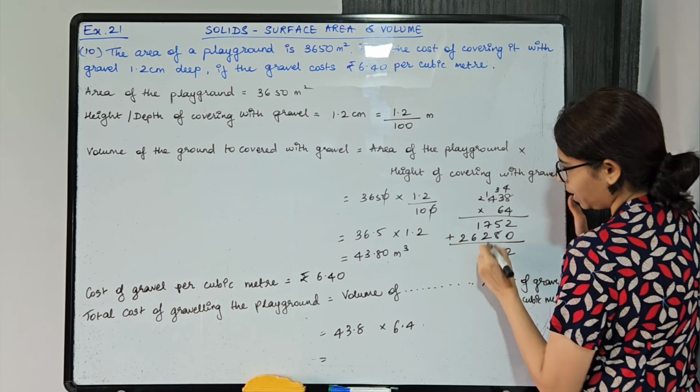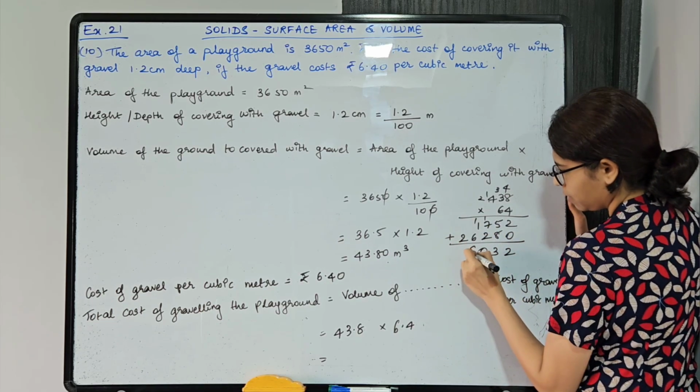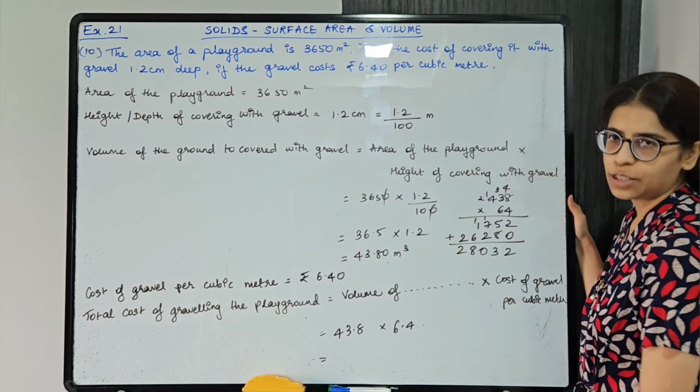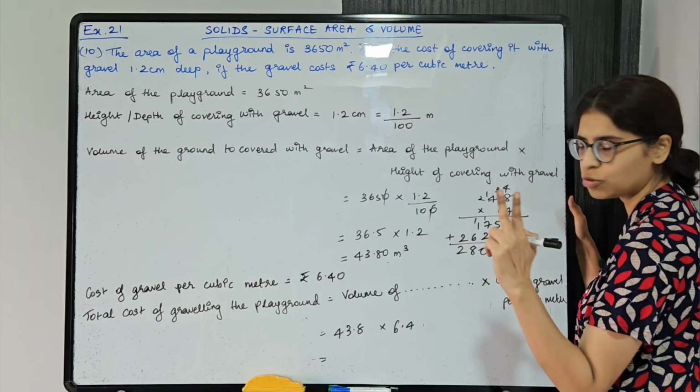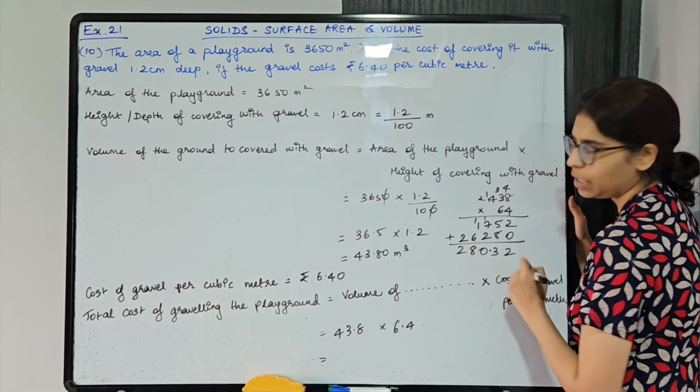So we are getting 28032. After one digit there is decimal point after one digit, so total 2 digits, so 280.32